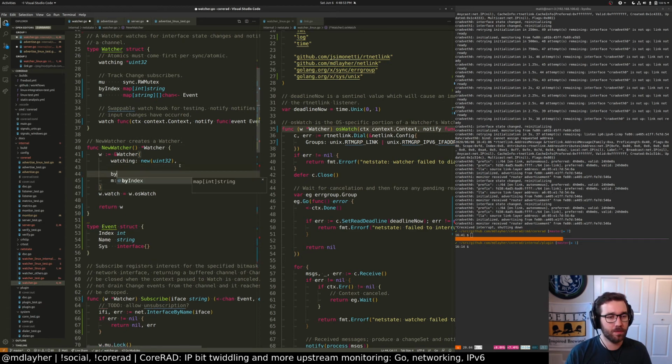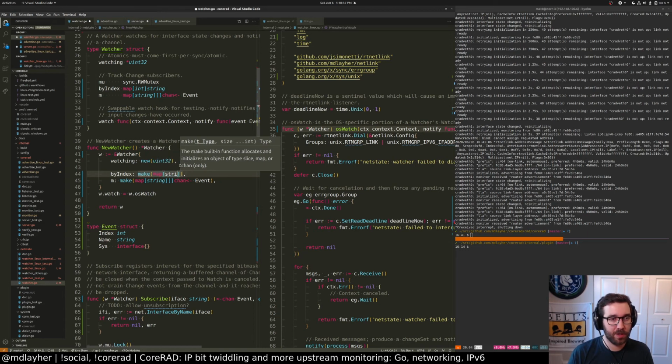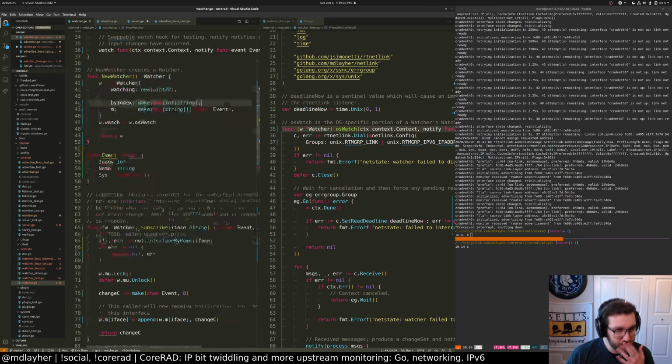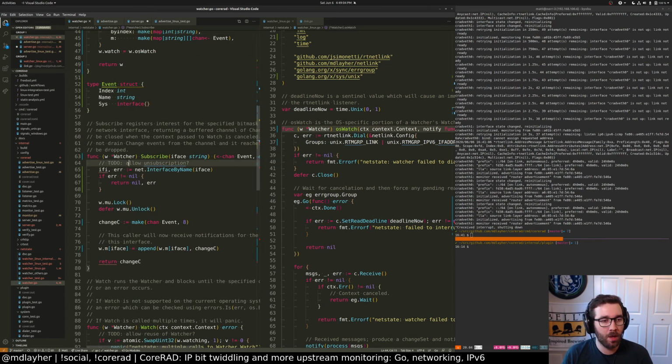So make map string int to string. This is going to be the interface index to the interface name. The first time we get an interface, we need to actually look it up. We need to see if we already have an entry for it. In this case, would we want a reverse index to save ourselves the lookups?